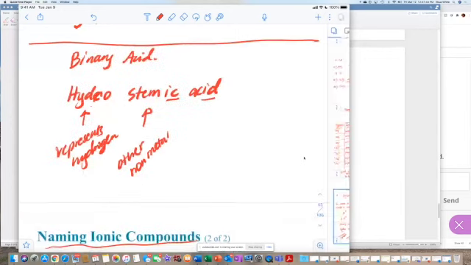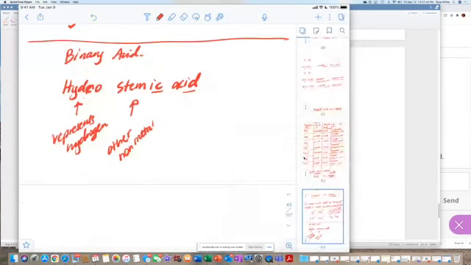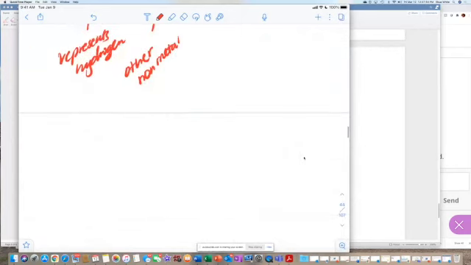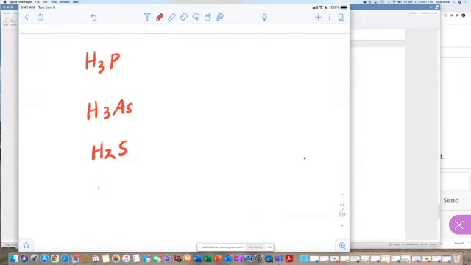I'm going to give you examples of these binary acids, because we don't have a lot of practice in our actual lab. Examples of these acids are going to be H3P, H3As, H2S, H2Se,